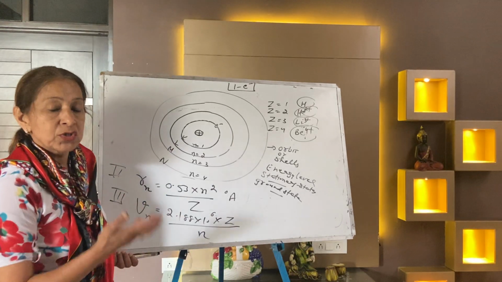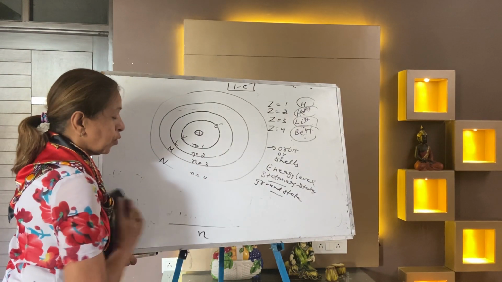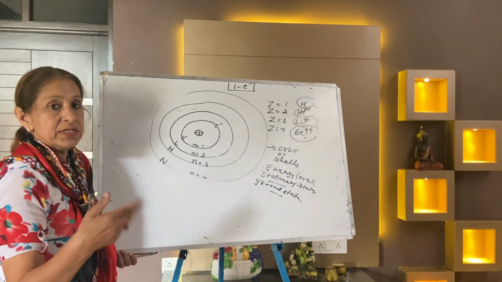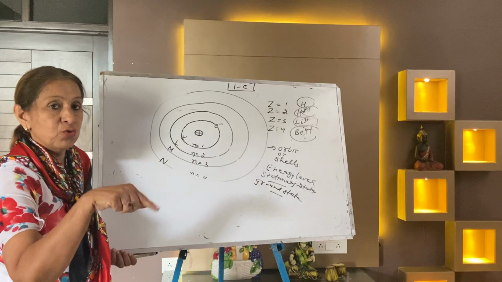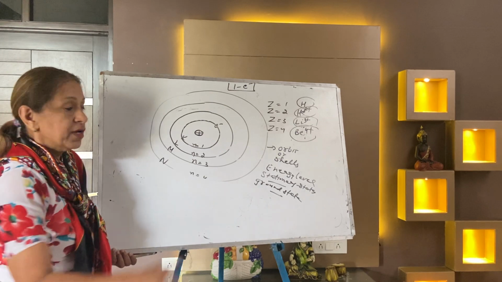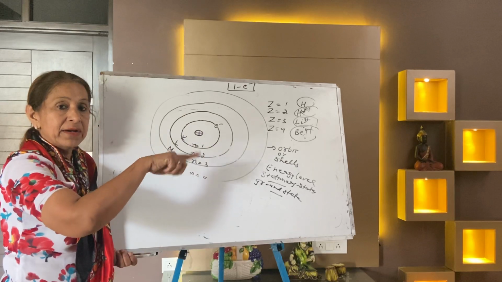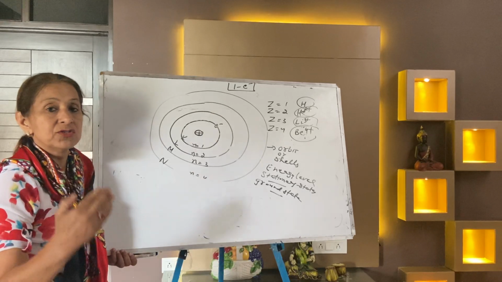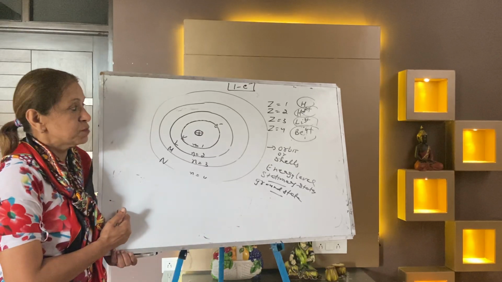So these are the postulates, 4 postulates I have covered, 5. The first is, according to Bohr, the nucleus is at the center, and where is the electron? The electron revolves in a fixed circular path. You imagine these circular paths are like roads. As long as the electron is on the road, the electron is safe. It cannot fall down, because as long as the electron is revolving in the orbit, it can never lose energy, because such losing of energy would become continuous, and energy can only be absorbed or emitted in a discontinuous manner.